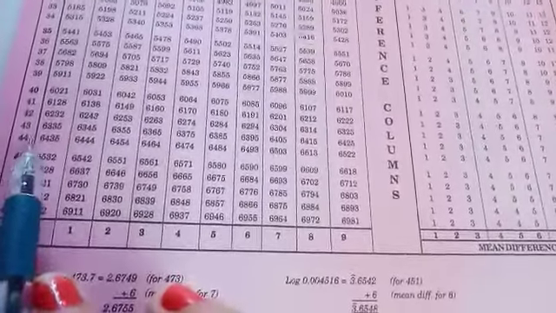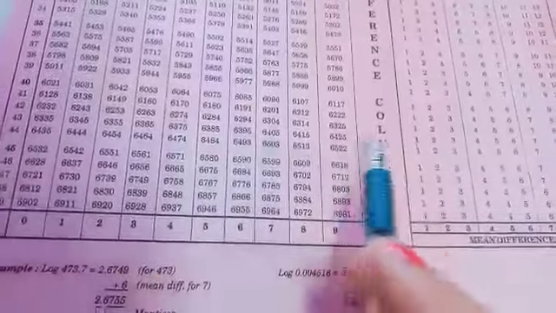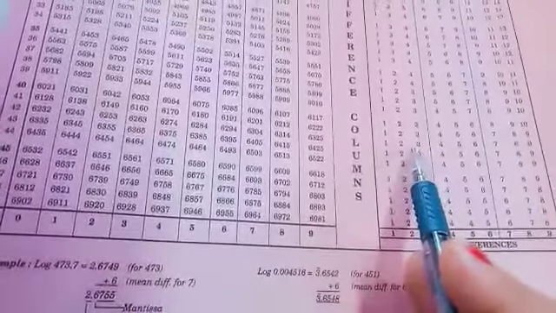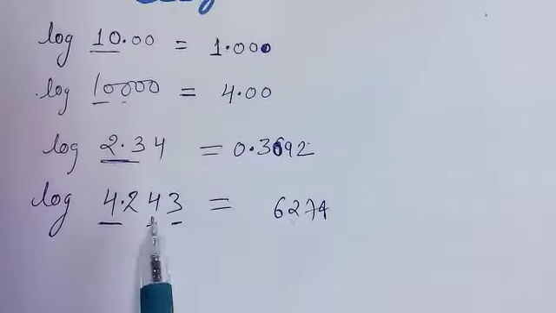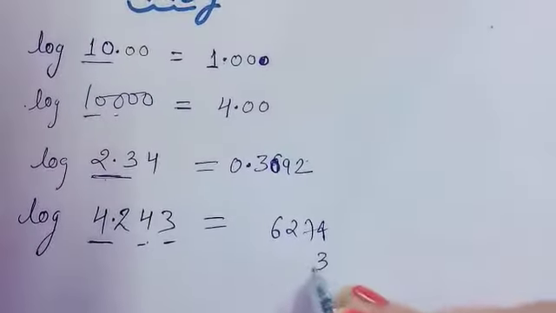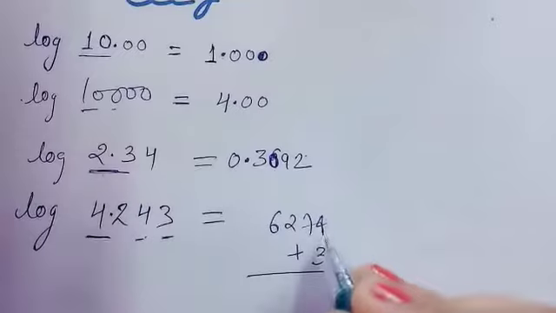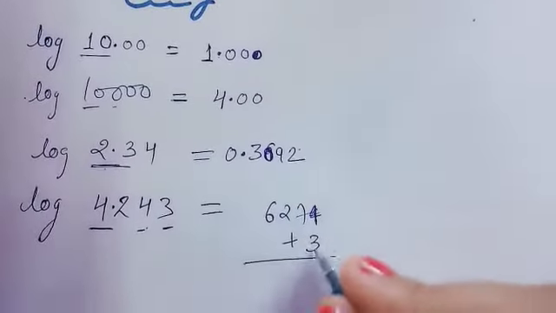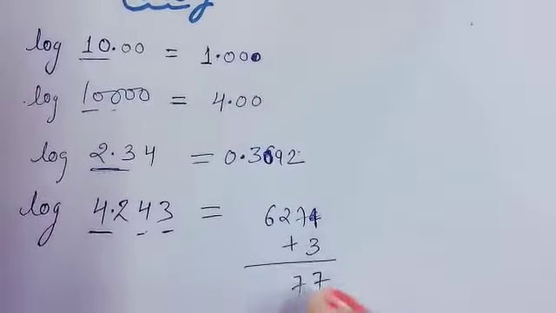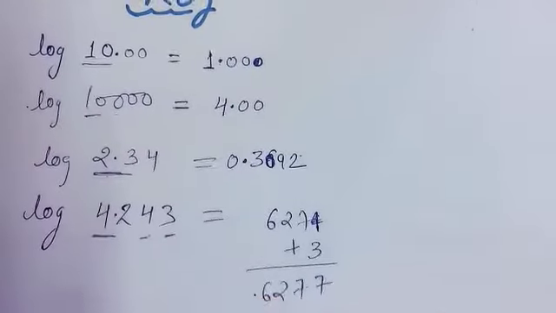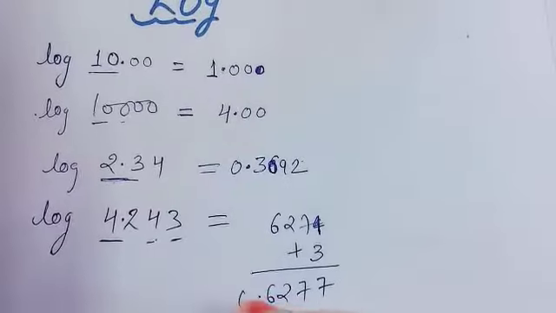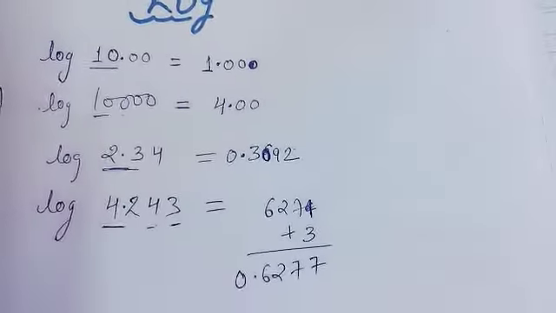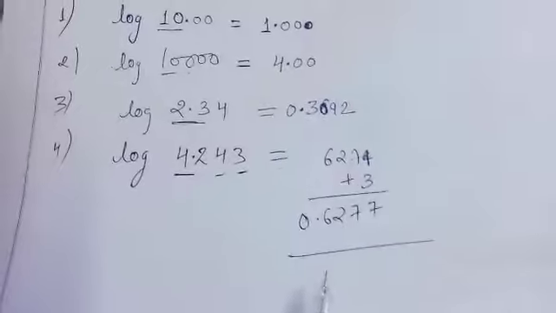So just see, you have to see 6274 and mean difference of 3. Now just see here, it's a mean difference of 3. Here on this side mean difference is given, the mean difference in 3, that one is equal to 3. So check, your number is 6274, 42 in 4, this value, and mean difference is 3, so you have to add this value. Okay, now just see, this one is 726. Before this put decimal, and before decimal how many digit, this one is 1, 1 minus 1, that one is equal to 0. Okay, this one is your log.